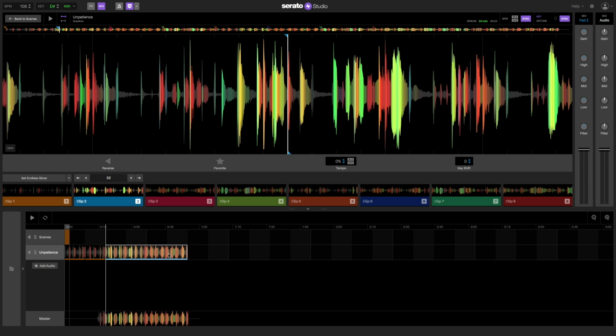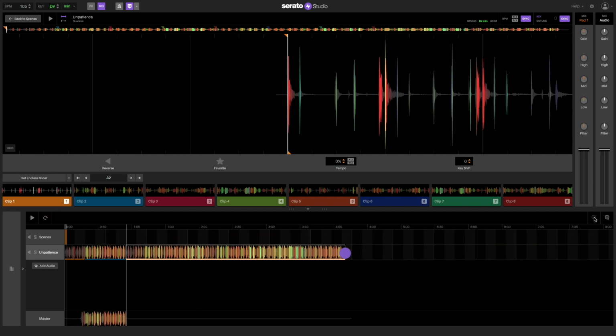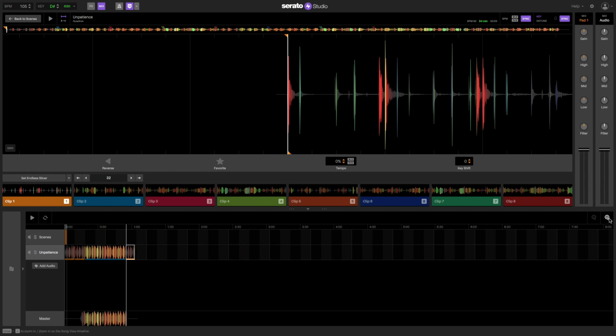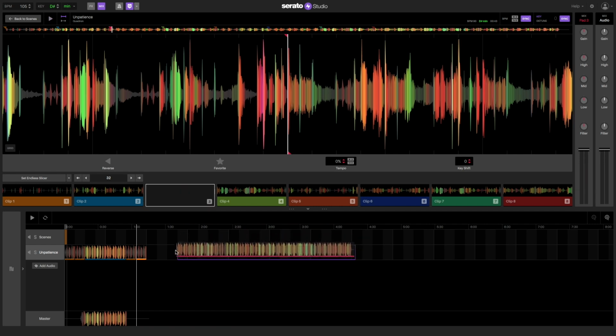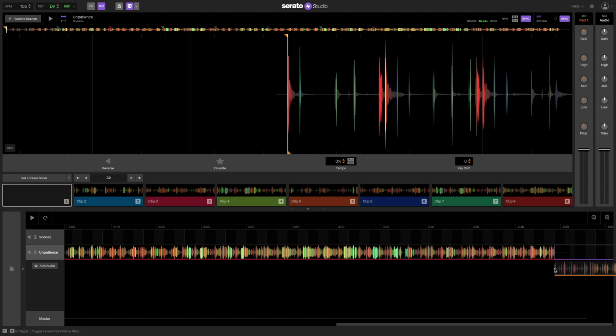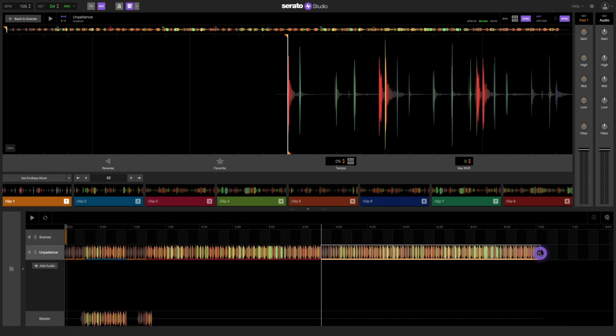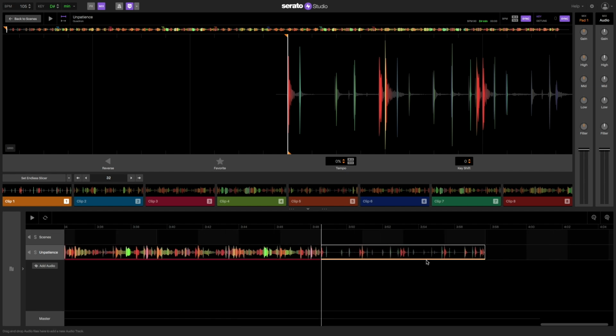Then I'll drop in another clip to create an 8-bar break before the second verse. I will then truncate the clip to make it 4 bars and then duplicate it. Then I'll add in another clip and let the rest of the song play. At the end of the song, I'll add in the first clip and truncate it to 4 bars, and then duplicate it to create an outro.